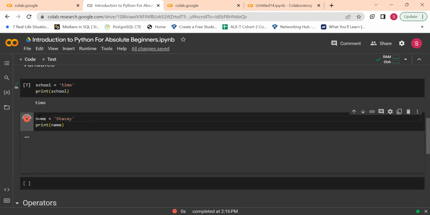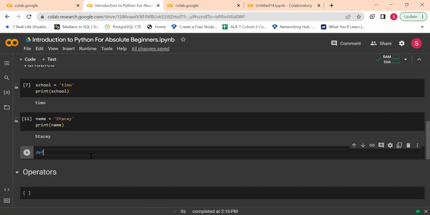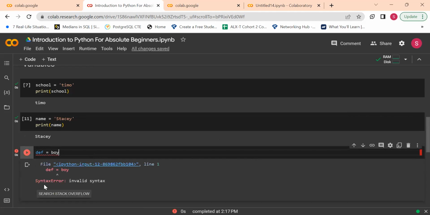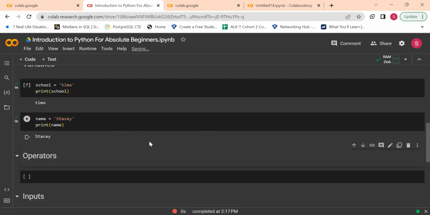Then another thing about variables is you can't use a Python keyword. So like this is a Python keyword. We want to put the variable boy. So we're storing boy in the variable. This is going to give you an error, again, a syntax error, because you cannot use a Python keyword to